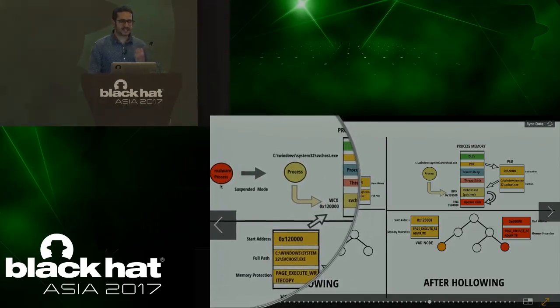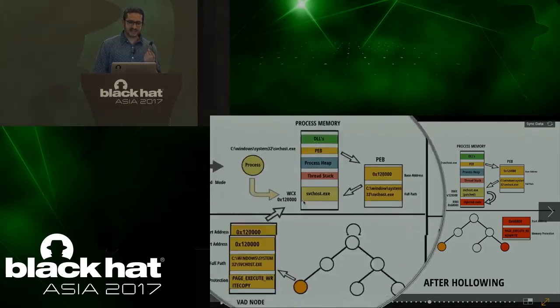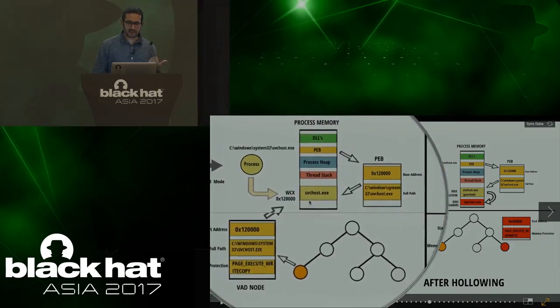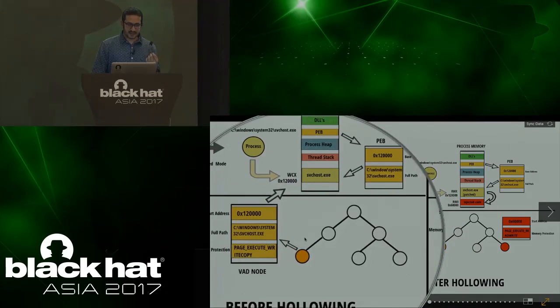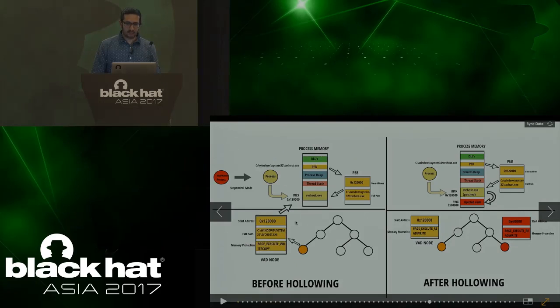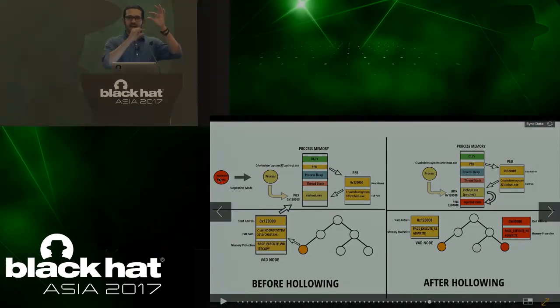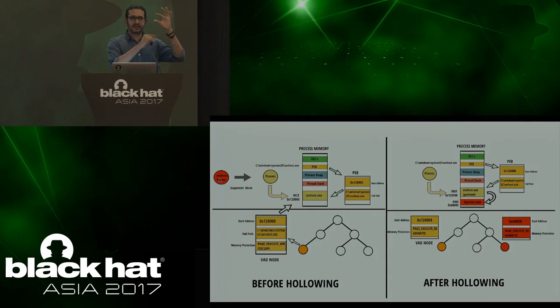So what Kulos does is, it creates the svchost.exe process in the suspended state. Let's say in this case it loaded at this address, 12 followed by 4 zeros. The PEB is initially pointing here, the VAD structure is pointing here, and it is giving the full path to the executable. Then what Kulos did was, this is the malware process, so this is the process that is going to inject the code. First, Kulos allocated a memory in its own memory region, in its own process. It copied a code that it wants to inject into the remote process, not the executable.